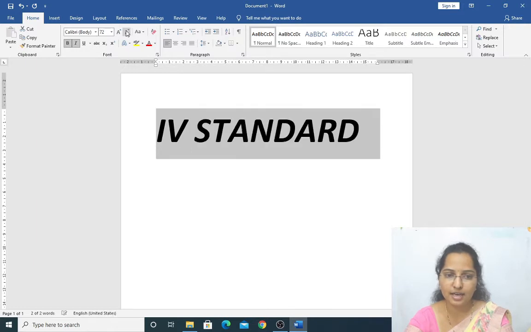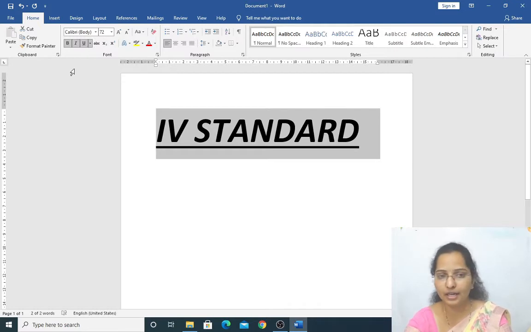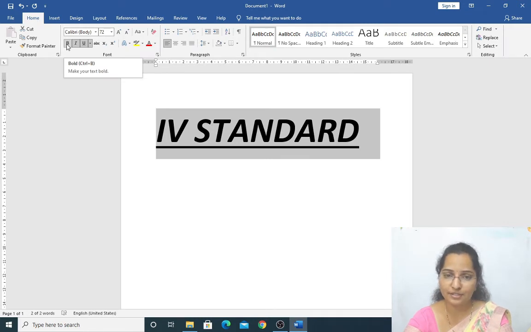Already the text has been selected. Just click on U. Underline. Yes, this is the way to use bold, italic and underline. And kids, for these also we have shortcut keys. For bold we have Ctrl plus B. Directly if I click Ctrl plus B after selecting the text, it will be in bold. And for italic, Ctrl plus I. First letter of these words: bold B, italic I, and for underline U. Okay, now we'll move next.